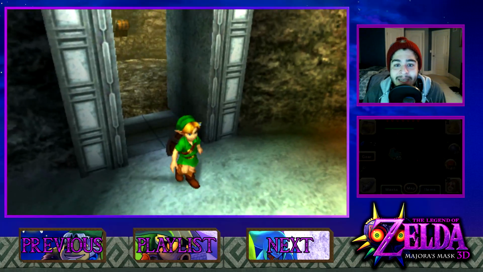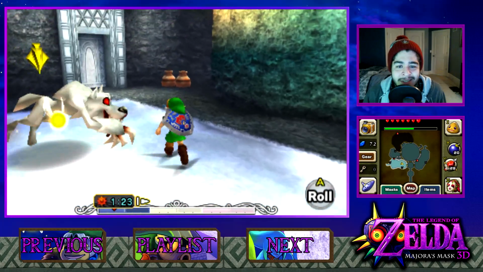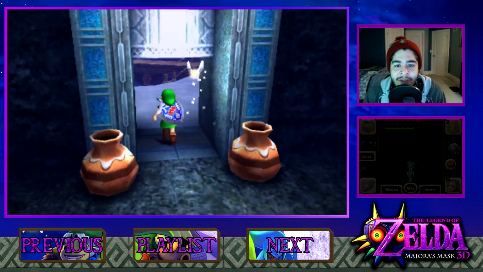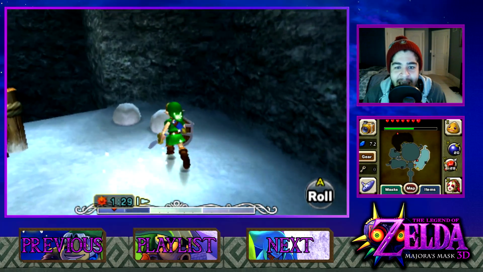Let me go ahead and actually go back into this room, by the way. That is 9 fairies. Pretty much what I'm trying to do, by the way, guys, is just collect all the fairies and make sure that I'm getting everything that we need to. So if I end up rambling off, it's because I'm in my head trying to make sure that I get everything